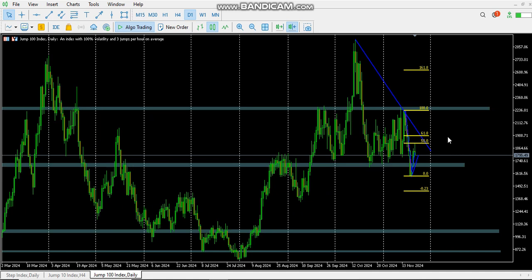Now, immediate trend: is it in an uptrend, is it in a downtrend, or is the market ranging? So that's what we want to look for on our daily time frame. And if we are looking at the data that is presented to us in this zone, we probably should be looking for something like